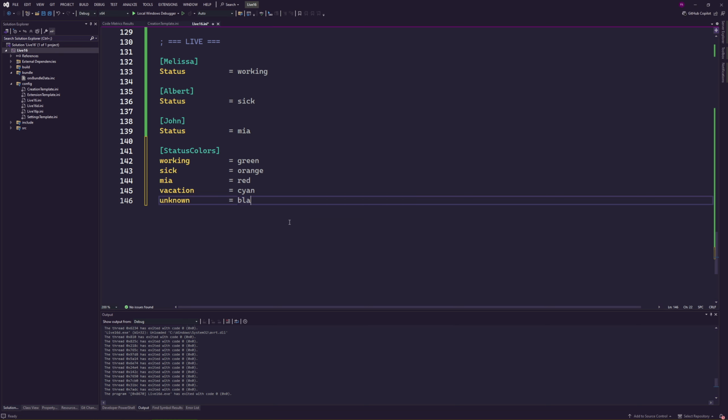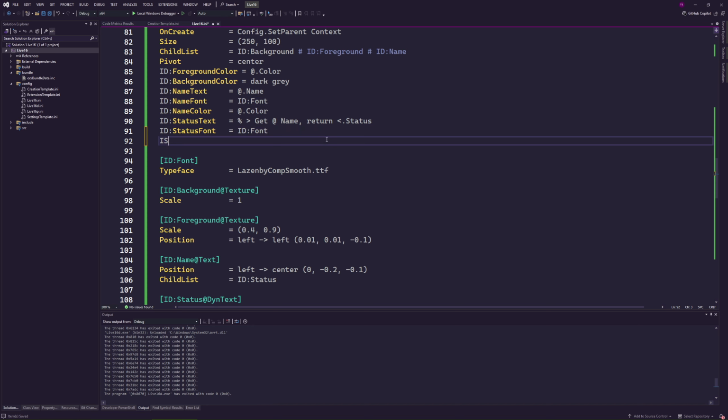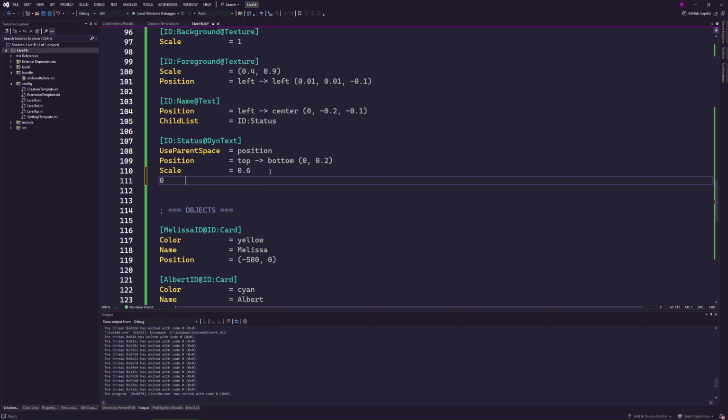Okay, so what we want to do here is for our ID status, the color. Oh, actually, we don't want to do it live. So here, the ID status, we're going to extend what we do every second. As we did before, we are going to fetch our status. So object get text of ourselves, and from the status color, we're going to retrieve the color that goes with it, and object set color ourselves with the content.